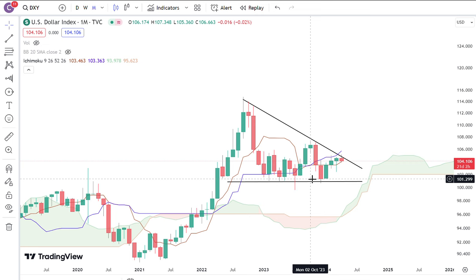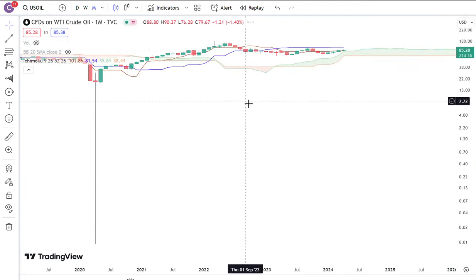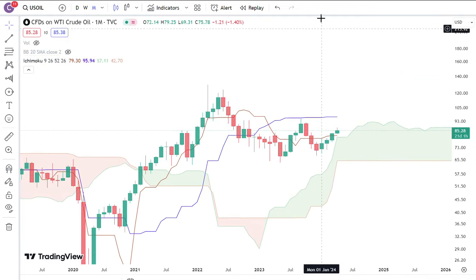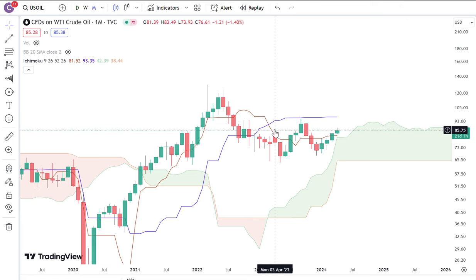Again, I'm not 100% sure, but they look like they're experiencing weakness. I'm bearish on the US dollar. What about oil? This is the WTI oil chart over here. Oil, I'm actually a little bit equivocal. I actually don't know. The reason why I don't know is because even though it did have a bearish cross